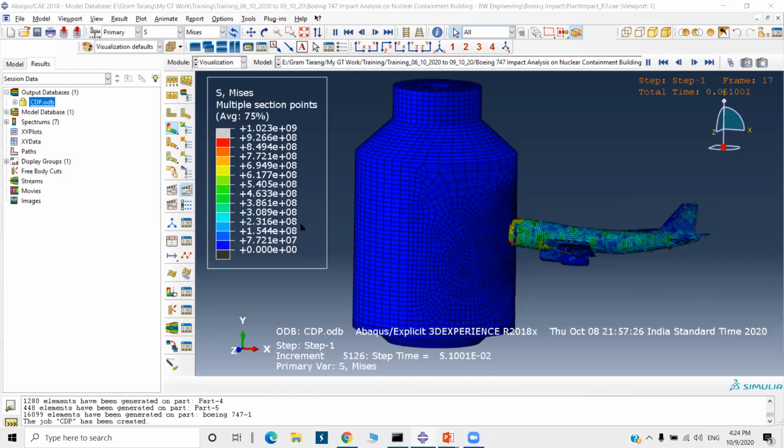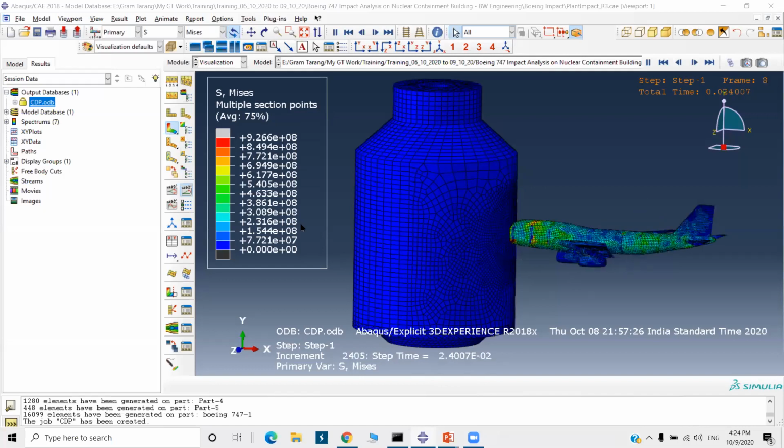In this case, the Boeing aircraft is complicated, so we have taken hex dominant, which creates hex and some tetra mesh also. We have to mesh the component depending on its complexity, and result accuracy also depends on the mesh element. Hex mesh is more accurate than tetra mesh, but sometimes you cannot do hex mesh for complicated components.